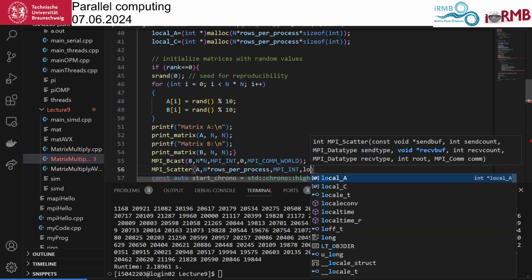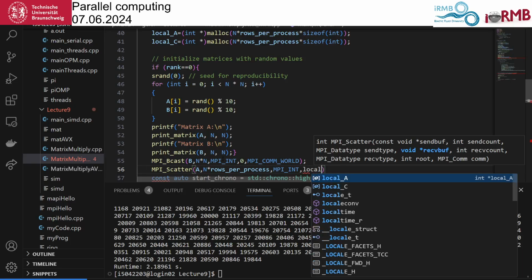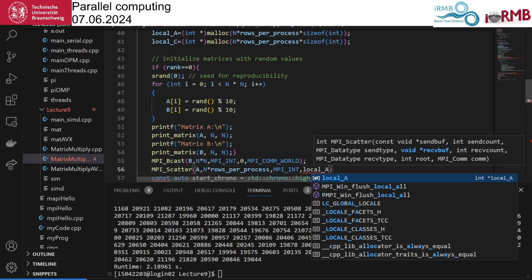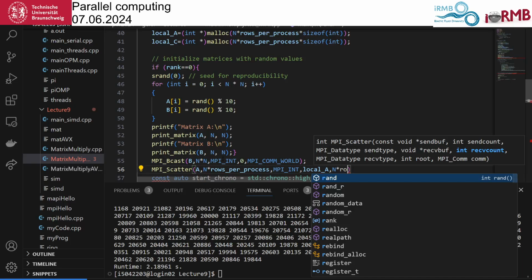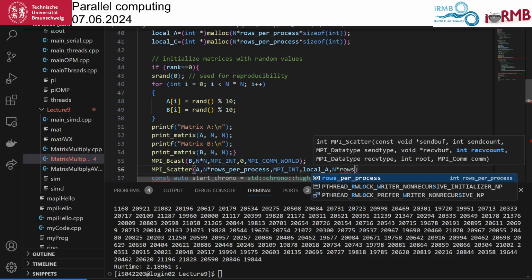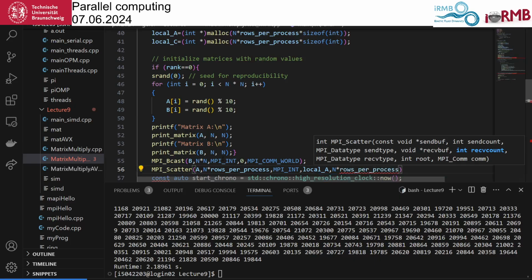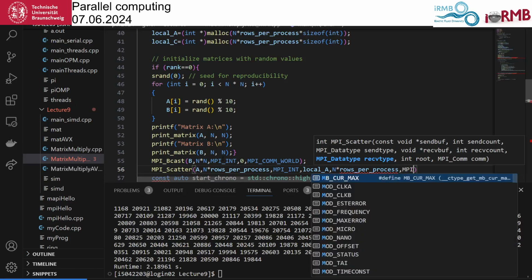It is received in local A. Okay, it looks like we are doing overtime because we started too late. And here the chunk size is the same, rows per process, and they also come as MPI int.